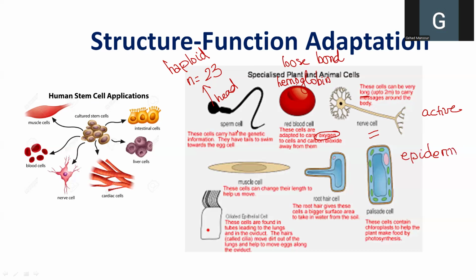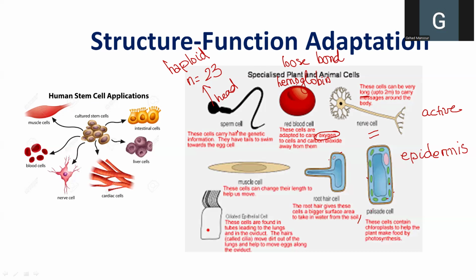the upper and lower epidermis, or outermost layer, of the leaf. They're rich in chloroplasts because they are exposed to the sun, so they are supposed to photosynthesize, and they have to be provided with lots and lots of chloroplasts to carry out this function. On the other hand, root hair cells are also plant cells, but they do not contain chloroplasts at all. So if we ever ask you about a plant cell that does not contain chloroplasts, you would talk about the root hair cell, because the root hair cell is under the soil, it's not exposed to the sun, so it's energy consuming and useless to provide these cells with chloroplasts, but they are provided with long processes that help these